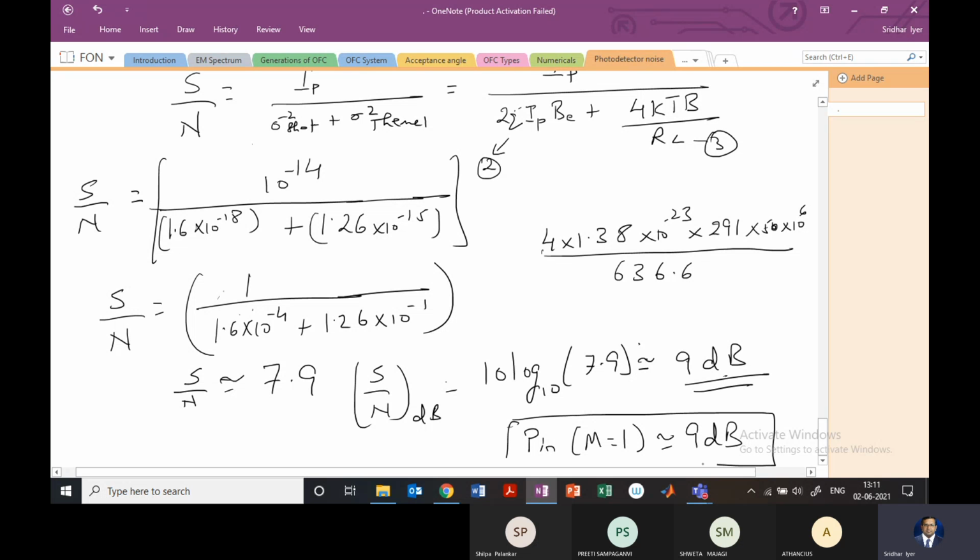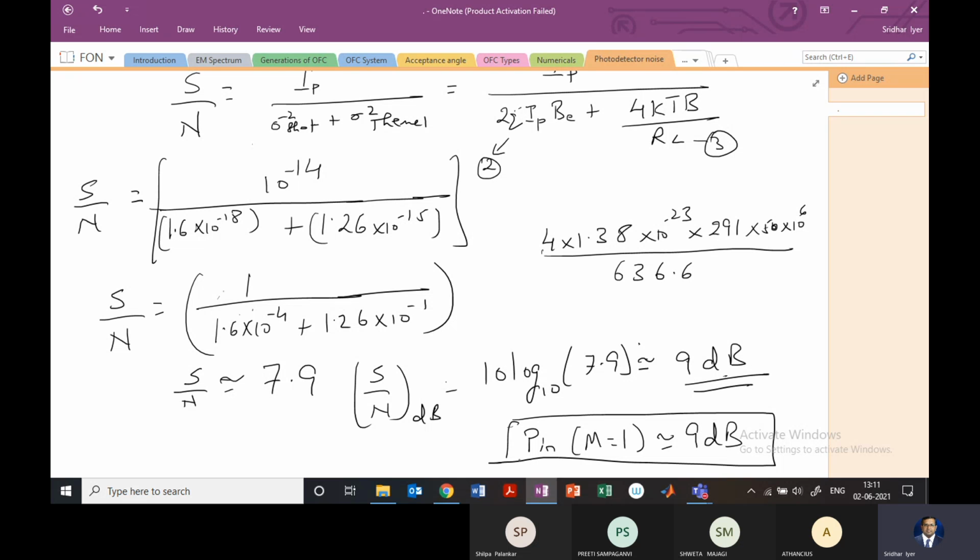Right. Now we should repeat this process and try to find the signal to noise ratio when we are using an APD, with the optimal multiplication factor, and we are given X, the excess noise factor, as 0.3. For that we need to find the signal to noise ratio, and obviously we are expecting that it will be much higher than this 9 decibels. Only then does it make sense to use the APD. So that is the idea. I hope it is now clear to you what the difference between the two is.